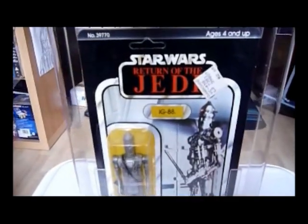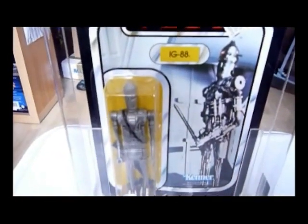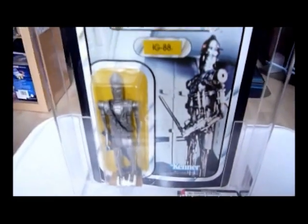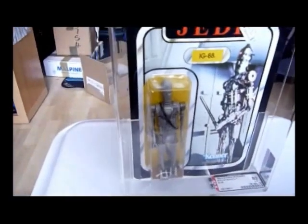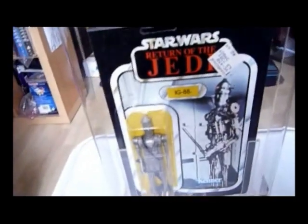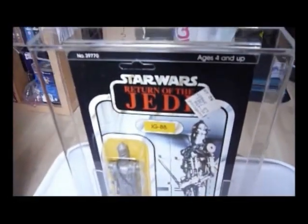Okay, one more look at IG-88, 77 back, and really nice card, clear bubble, and yeah, it's a 77 back as a Return of the Jedi card, but that's considerably cheaper than the Empire Strikes Back card. And so, if you're after graded stuff, sometimes you have to go for the cheaper option, and the cheaper option is to get the Jedi card rather than the